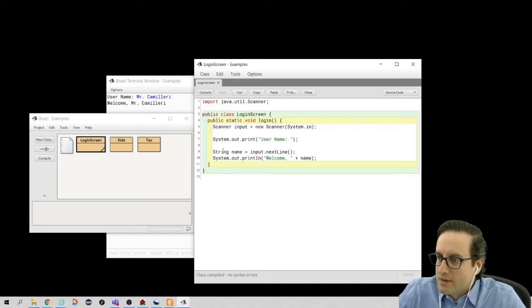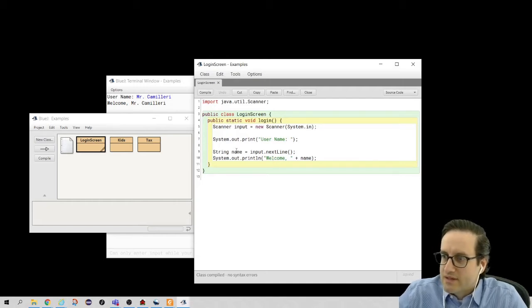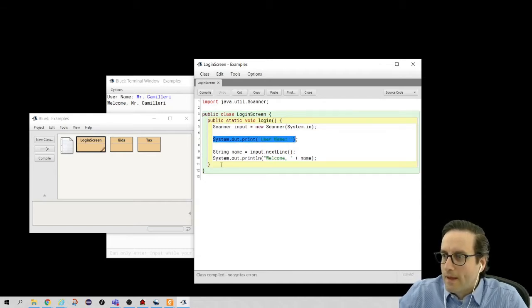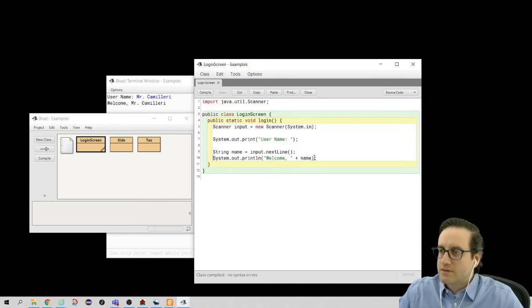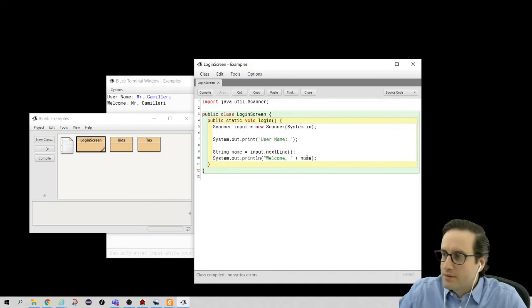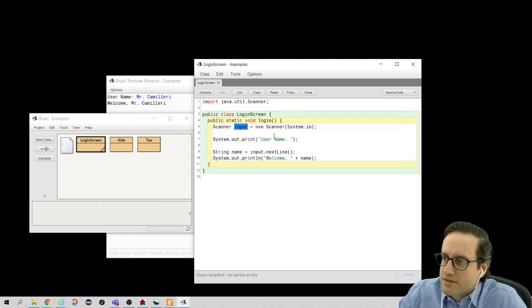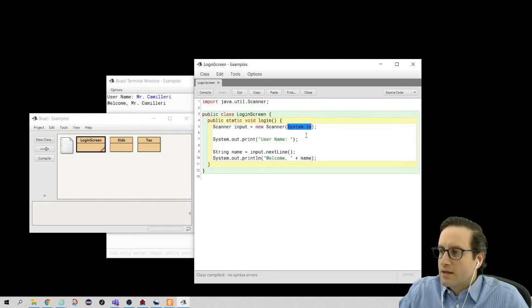So we can see a few recognizable things in here. We have some print statements, and we have a print statement that involves a variable and a string literal, and we have something here called a scanner object. The scanner object is what allows us to get input from the keyboard. So this basically says take input from the keyboard